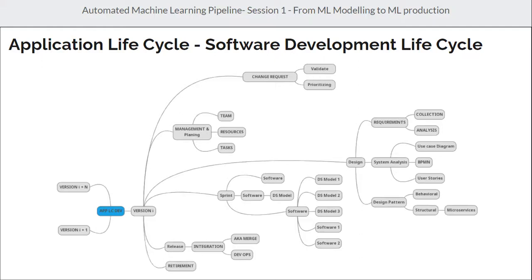Now, for sure, we are expecting iterations here. Once we finish this release, we go back again to the change request bank and choose what is the most important, and if any new change request appears, it will be prioritized there. Then again we create our plan for the next release, and decide when the next version will appear. And at the end, we might face retirement, either at the version level or at the application level. But most of the time, we are talking about retirement at the version level, because we are not going to support that version anymore. We will go back to, for example, the newer version. This is what we are facing in current life.